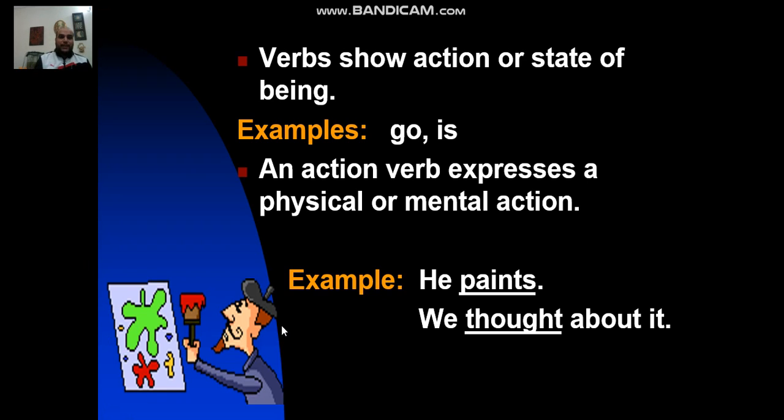Pay attention to teacher, please. I'm going to make it as simple as possible. If I'm going to use my body in the verb, or I'm going to use my brain, it's going to be an action verb. As easy as that. Most of the verbs in English are action verbs: raise, put down, think, remember, talk, see, smell. If I say I smell, I'm going to use my nose, so it's going to be